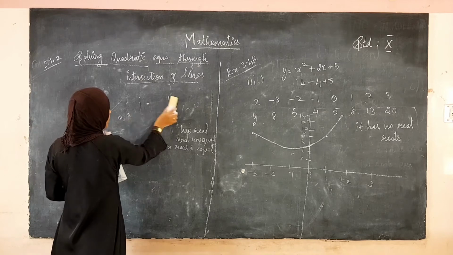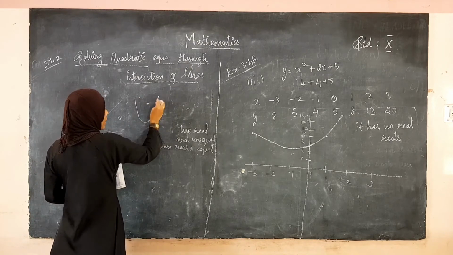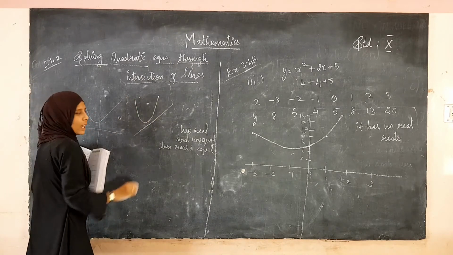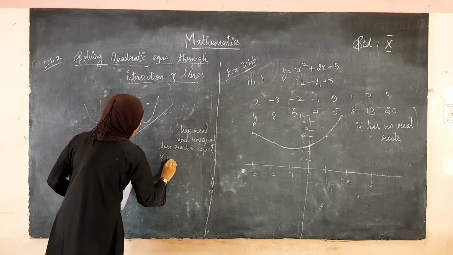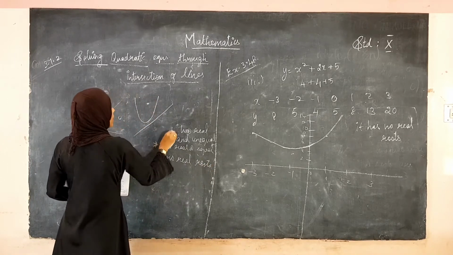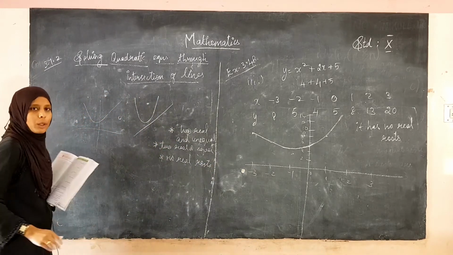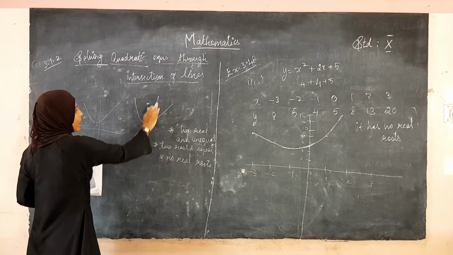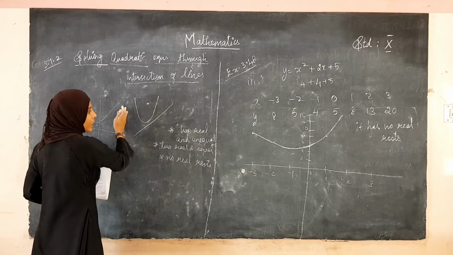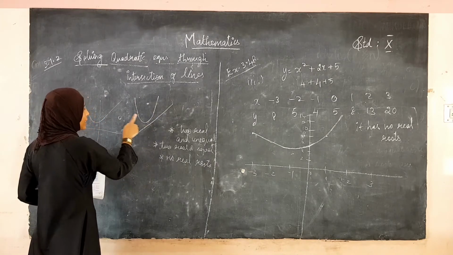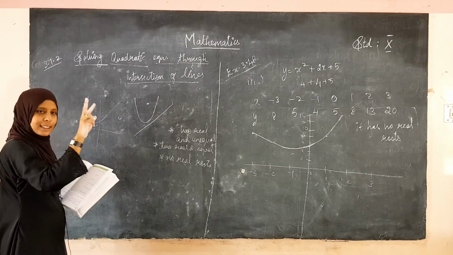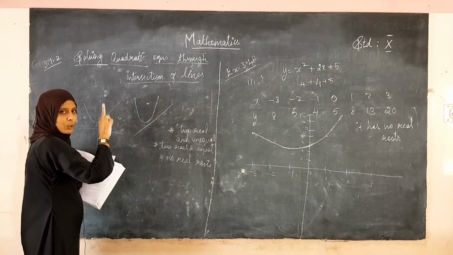And the third one: if the line we have drawn doesn't intersect, if the line doesn't touch any point on the parabola, then we can say it has no real roots. It is the same as the previous topic, but there we saw the nature of the roots using the graph and the x axis. Here we draw another line, and using that line and the graph we see the nature of the roots. If the line touches the graph at 2 points, it is said to have 2 real and unequal roots, and at those 2 points the x coordinates will be the 2 roots.